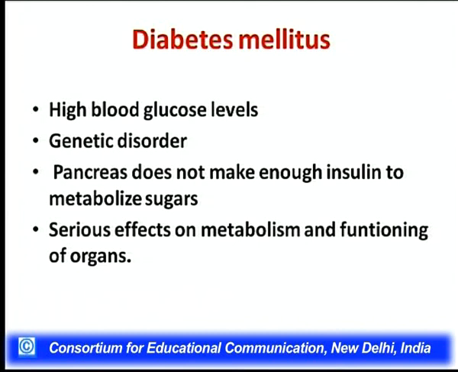And now these sugars which are not being metabolized, which are high in blood, they affect the metabolism and the functioning of the organs. And what we hear sometimes is that a person who's suffering from diabetes ends up having a kidney failure, because the kidney is not able to manage that high amount of sugar in blood. So we have to be very, very careful if we are suffering from diabetes. That is, we don't have to eat too much sugar, and along with that we have to do a lot of exercise so that all that sugar that we've consumed is burnt and it gives us energy to do